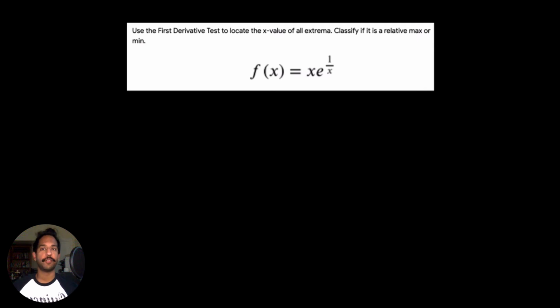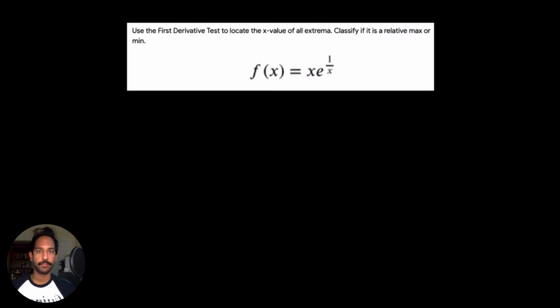We're asked to use the first derivative test to locate the x value of all extrema. Then we're asked to classify if it is a relative maximum or minimum. In this case, we're given a function f of x equals x times e to the power of 1 over x. Now, what we're going to have to do with that is we are going to first have to find